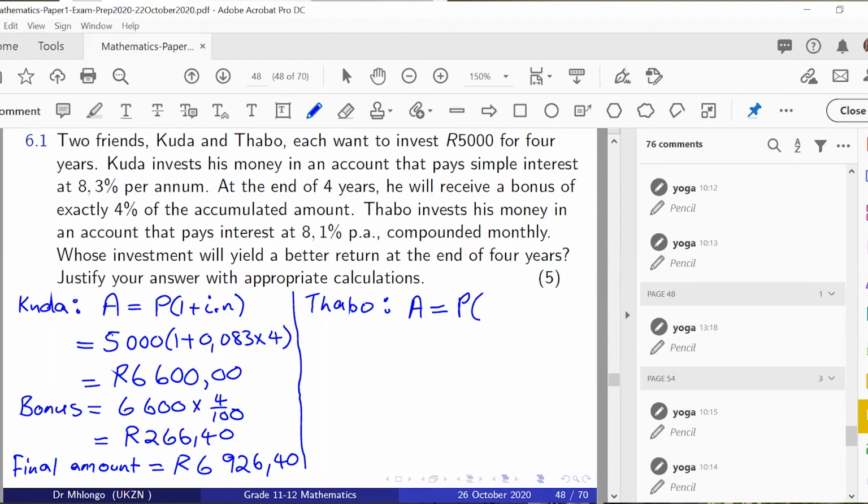Now on the other hand, for Tabo, his investment is growing at 8.1% compounded monthly. Now the formula is P into 1 plus I to the power n. So A in this case will be the 5,000 into 1 plus